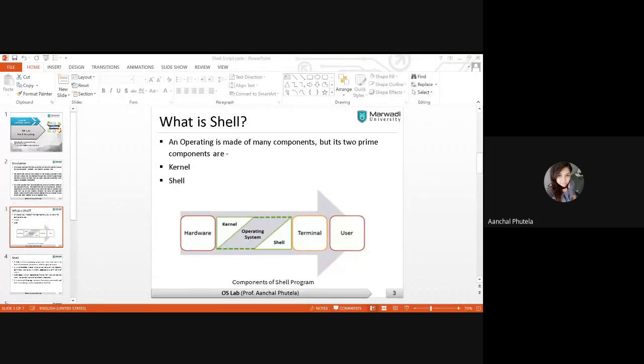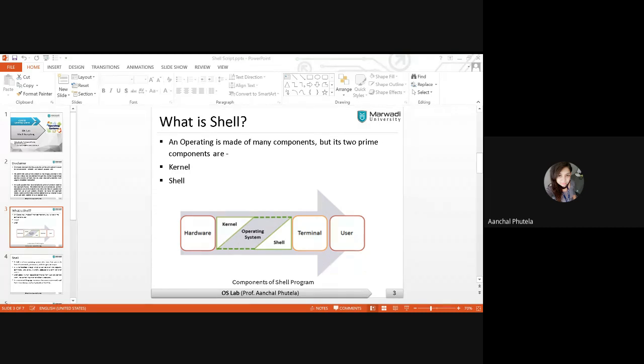So the shell acts as an interface between the user and the operating system. When you work on Linux, you write a command on the terminal, and the shell interacts with the kernel and gives results to the user.